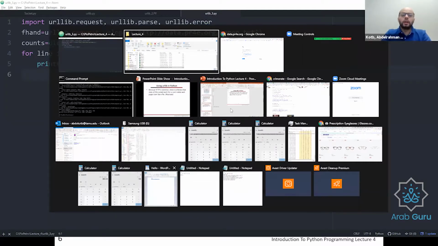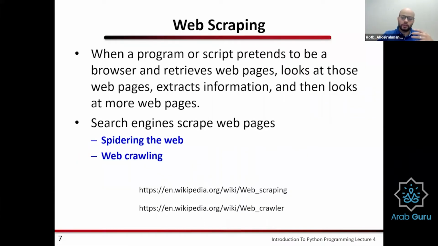Web scraping. This is one of the most important applications of accessing the internet. And this was before all the securities that were integrated, and before major companies like Google, Facebook, Twitter, and MSN started selling the information, because we are in the age of information, in the age of data and targeted ads.